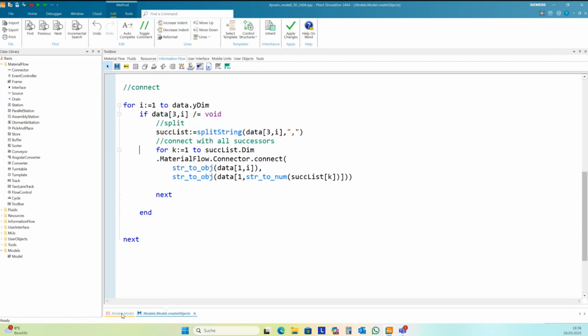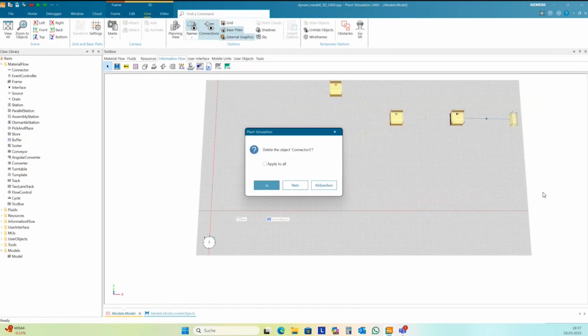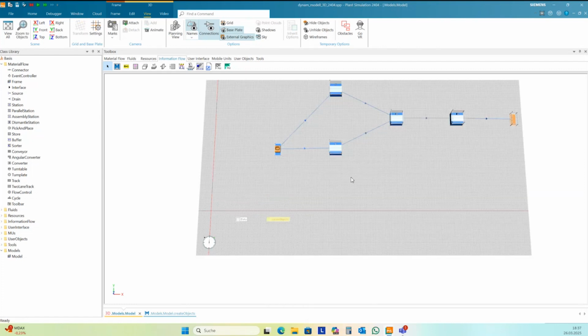Okay, now we have one problem. We need to delete all this stuff again here, so we don't get a failure. And so I want to have a method to delete all the objects I create dynamically.